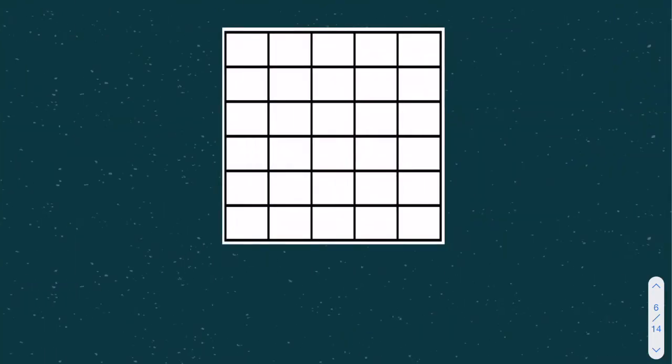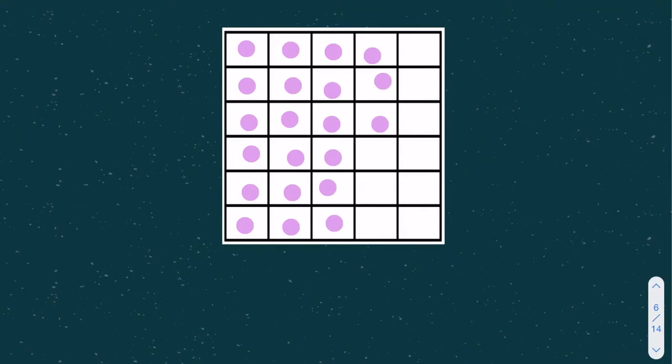All right, again, we can count these squares, right? Because it's already given to us on graph paper or on a grid. So we know we can count these square units. Also, we couldn't find the area with measurements necessarily because they don't give us any. So let's go ahead and count our squares. 1, 2, 3, 4, 5, 6, 7, 8, 9, 10, 11, 12, 13, 14, 15, 16, 17, 18, 19, 20, 21, 22, 23, 24, 25, 26, 27, 28, 29, 30. So 30